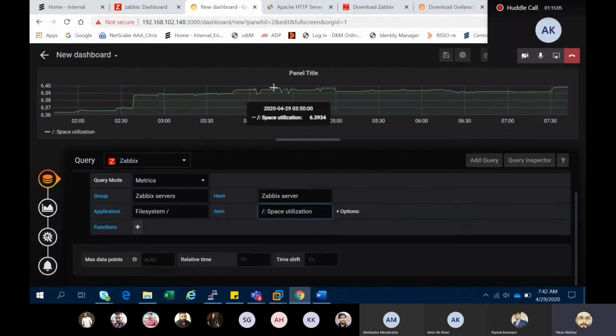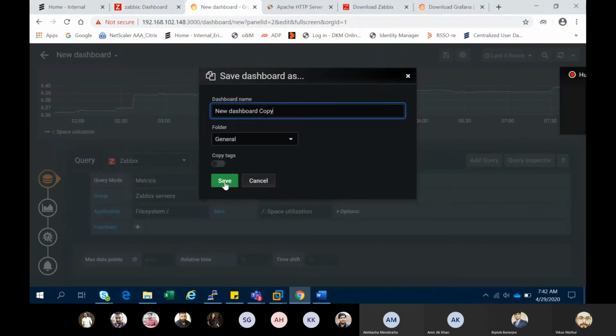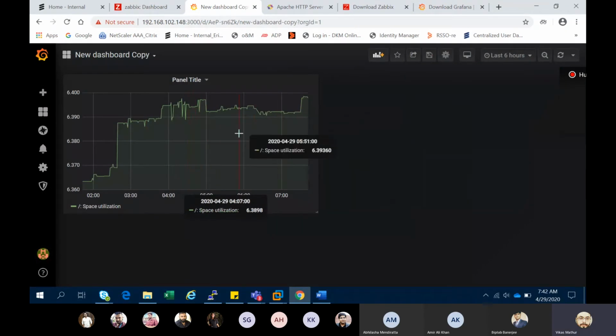You see, these are the panels. My graph will be entered, and I am just going to save it. So through this way we can make our graph over here.